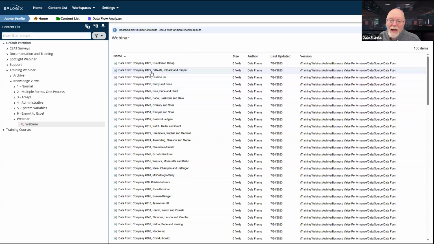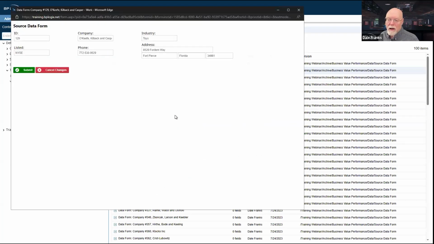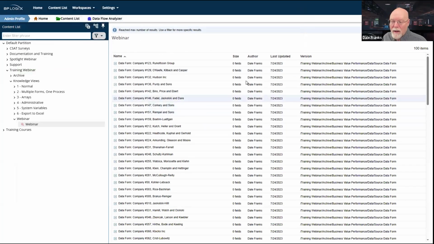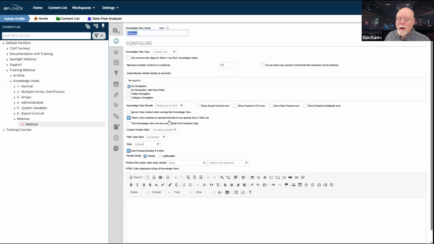And if I do have a task assigned in one of these records and I click on it and open it up, I'm going to get task completion buttons down here exactly the way that I would expect. Okay, great. That is good for me because now I can see all of the form instances. But if I have a task assigned, when I open up a form instance, it'll give me an opportunity to complete that task.